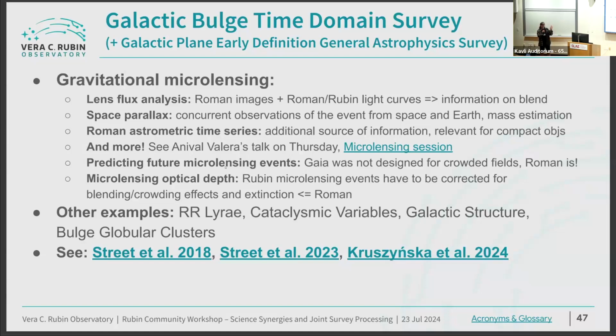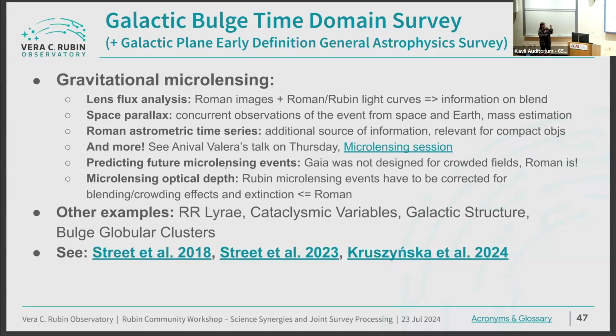Additionally, in microlensing, there are two more things we can get with time series and/or single epoch observations. First of all, if we have excellent Roman astrometry, we can predict microlensing events happening in an area where Gaia was not optimized for, which is an extremely crowded field, which can lead to amazing scientific discoveries. For example, recently